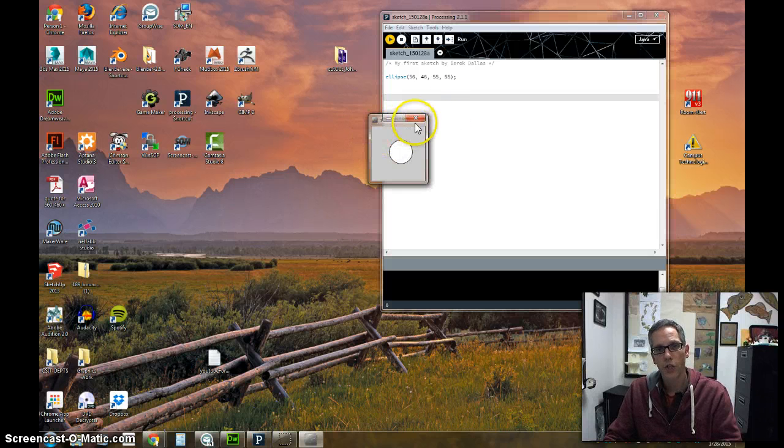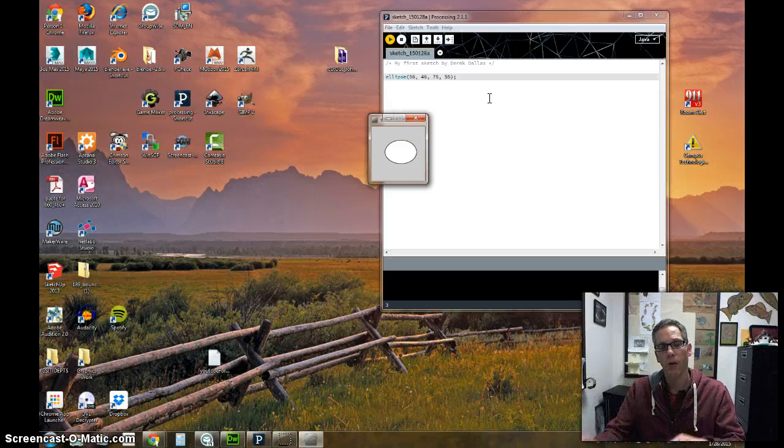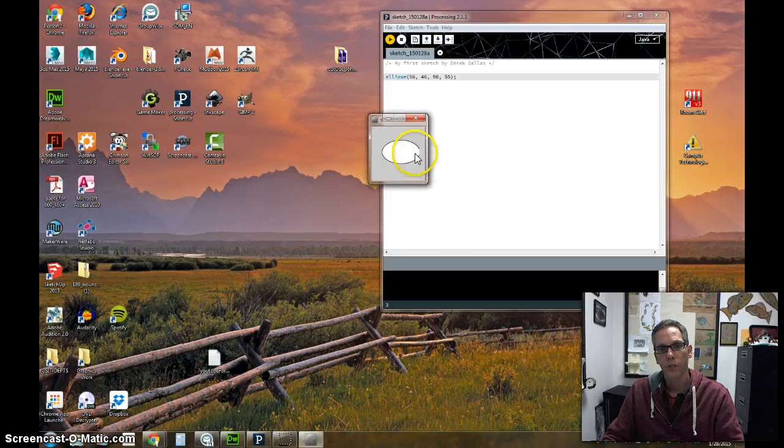Now if I wanted to change the size of my object, I could simply change this value. Let's say I change it to 75. If I make this unequal, then it will make a wider and narrower ellipse. If I make it a lot wider, let's say 90, almost the entire length of my canvas, it's going to stretch over, and because it's off center just a little bit,